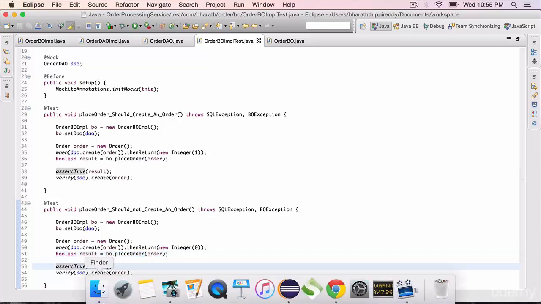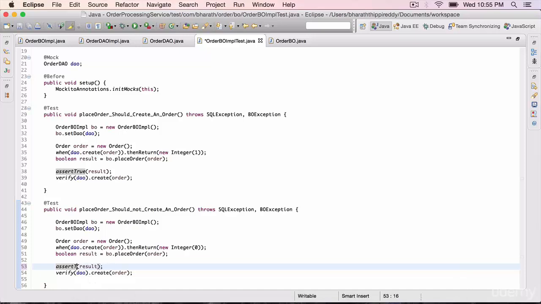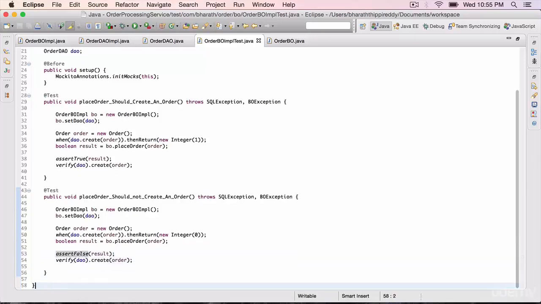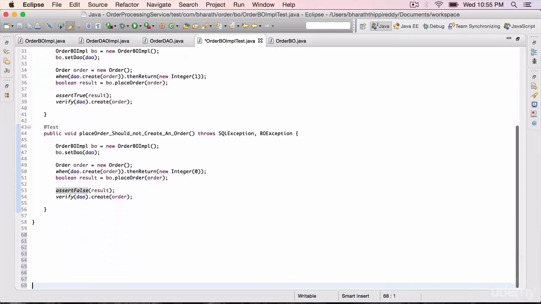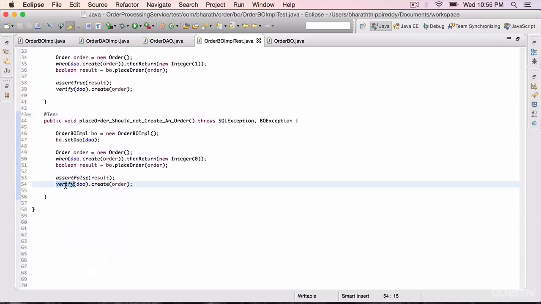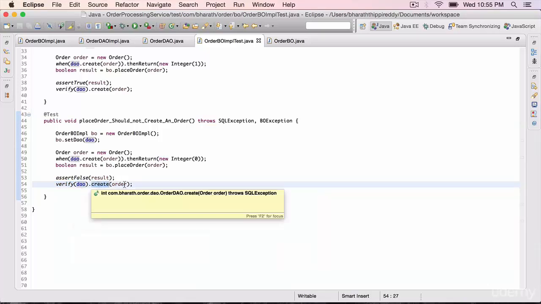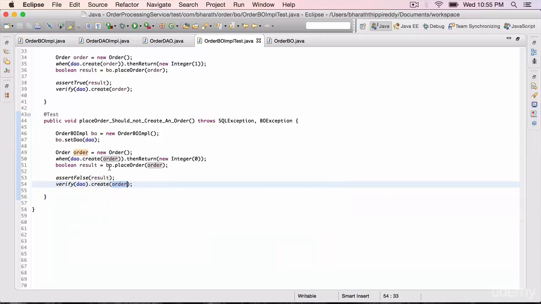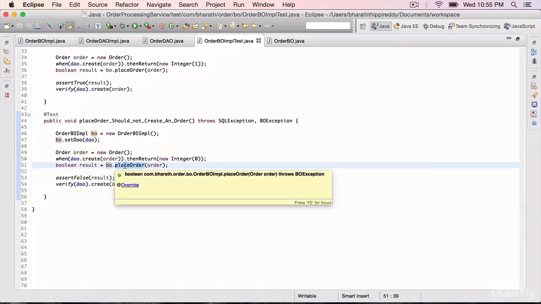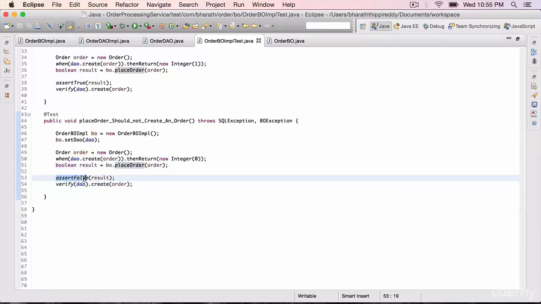So here, instead of true, we are going to use JUnit's assertFalse. Let me push it up by adding some new lines at the end. So assertFalse. Verify still remains the same. We still want to verify that the DAO's create method is indeed getting called when we call BO.placeOrder. All we are asserting for is assertFalse on the result. That's the only thing that changed.